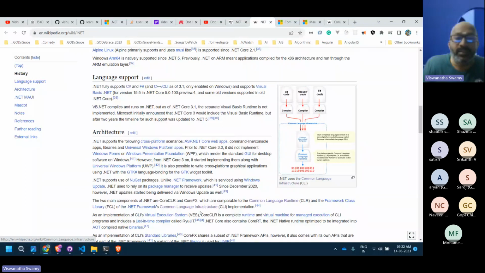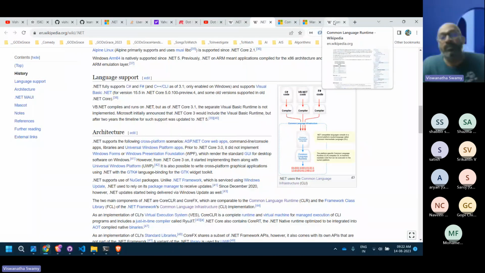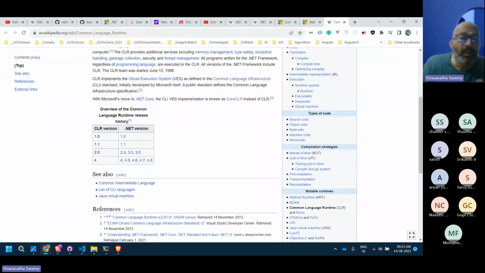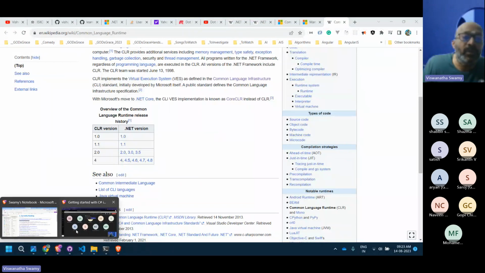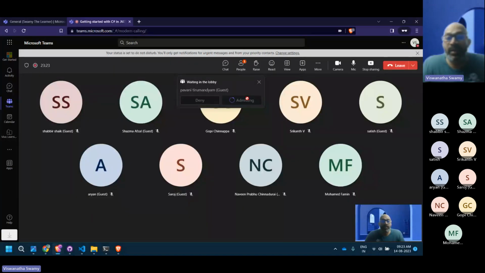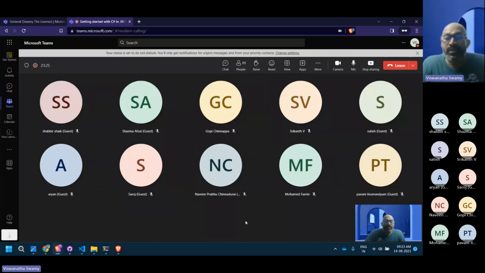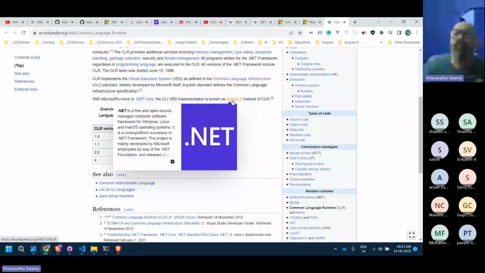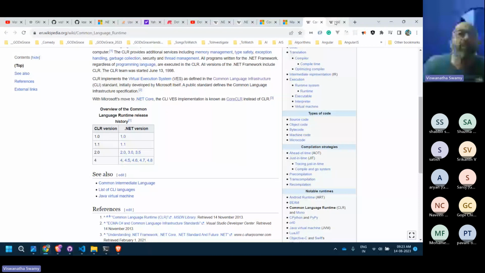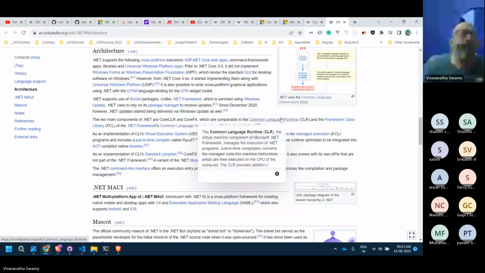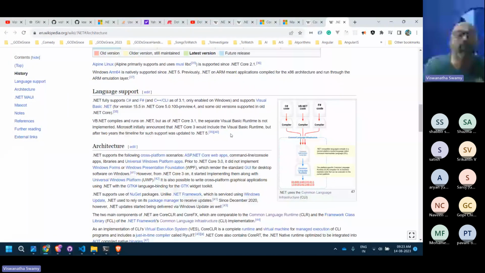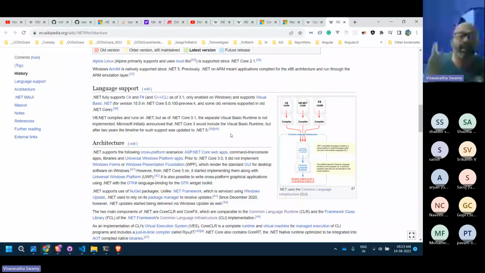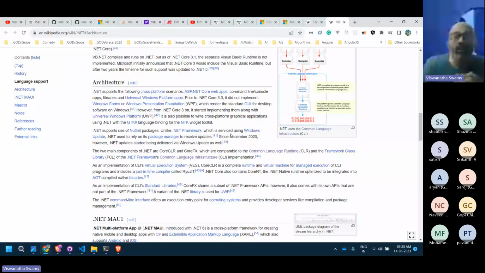Right now we'll see this CLR. It's managed execution and memory management. Everything is coming in as part of this one. Now let's see this CoreCLR. They have a separate page for that, and again it comes to the same architectural diagram. What to understand is that it's the common language runtime, which is like a virtual machine.